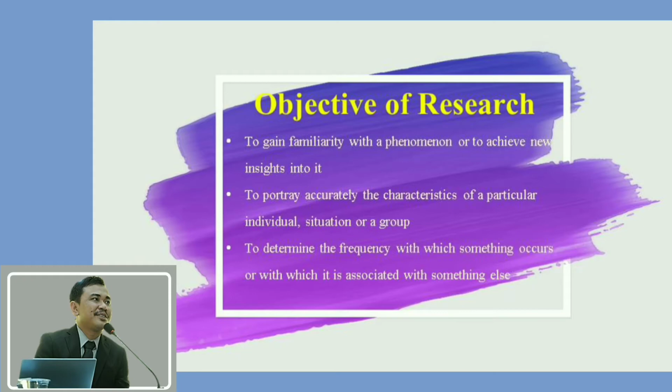And then the other objective is to determine the frequency with which something occurs or with which it is associated with something else. It means that when this happens, what happened on the other side? Or when I give this, what happened to him or to her or to them? So by conducting this kind of research, you can